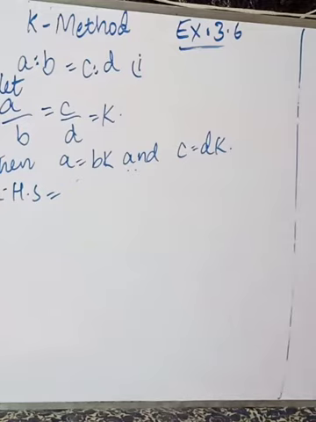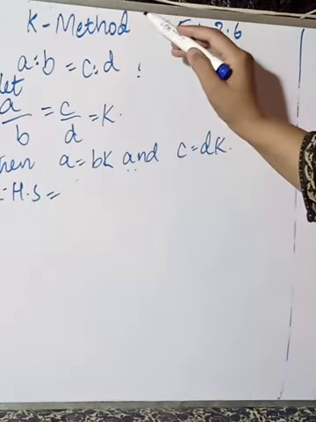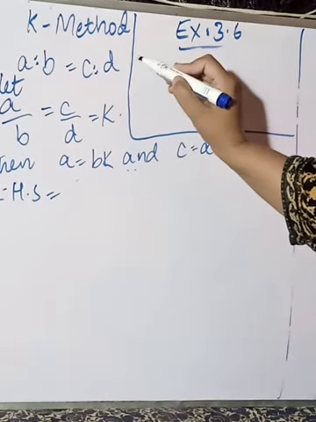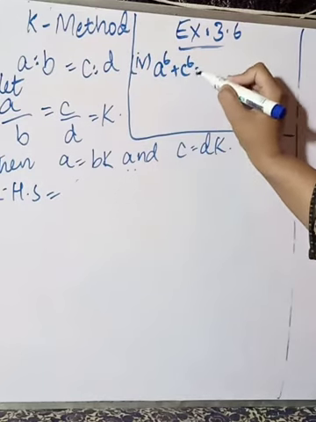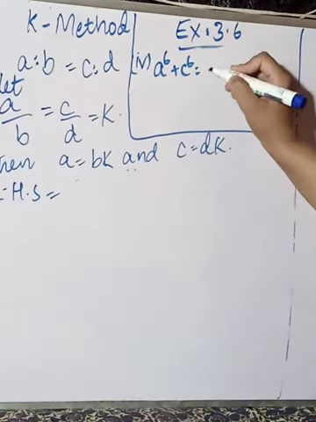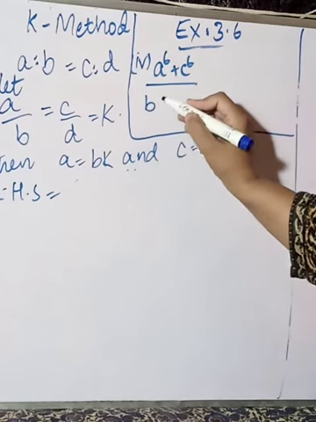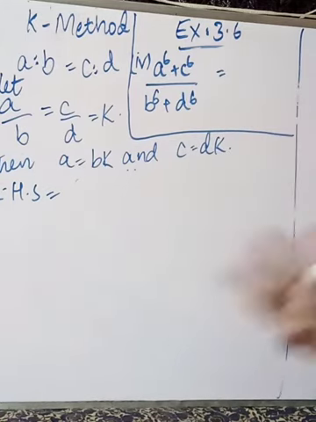This question is already given in the form of a ratio. What is given to you is a over b is equal to c over d is equal to k. Now the result that you have to prove, I am writing here. So I have part number 4, that is a power 6 plus c power 6 ratio b power 6 plus d power 6. A ratio can be written in the form of a fraction, so you write it as a fraction, b power 6 plus d power 6, that is equal to, again we have a cube c cube ratio b cube d cube.